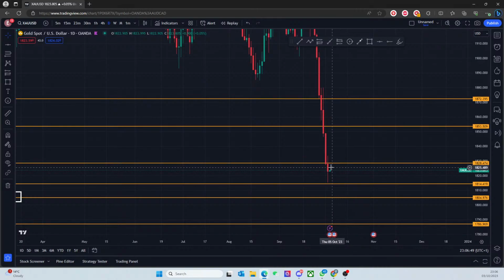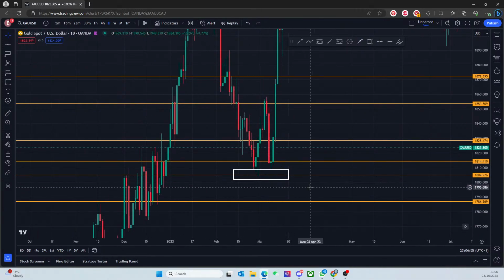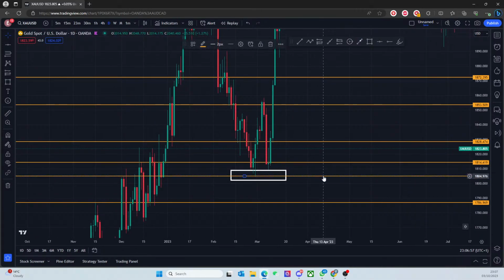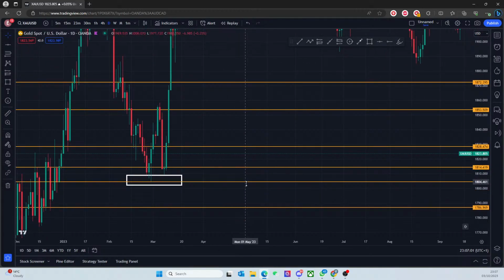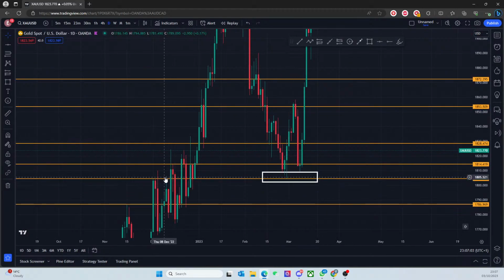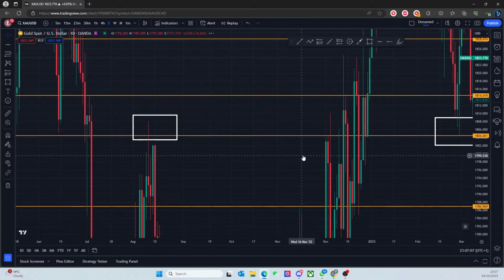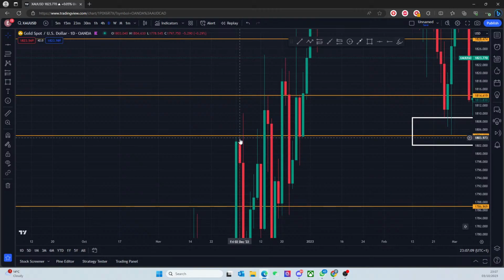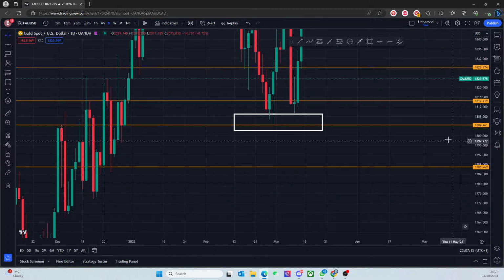Daily closed bearish. You haven't filled the range. This is quite a good daily range as well. I would say price needs to fill the range towards around these sorts of areas. I'm going to move this down slightly, so it's at the very bottom of this, but it also meets the top of these. Because what do I understand here? I understand that this is just a range. So it filled the range, came down, filled the range again, and all that. So this is the top of the range and the bottom of the range between here.